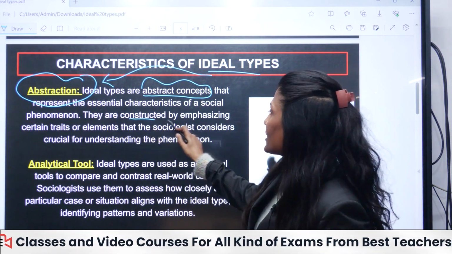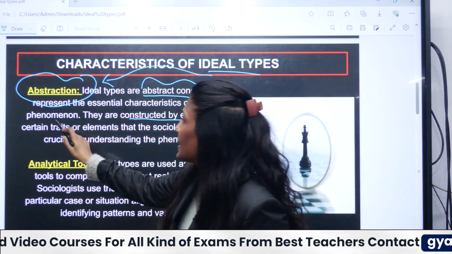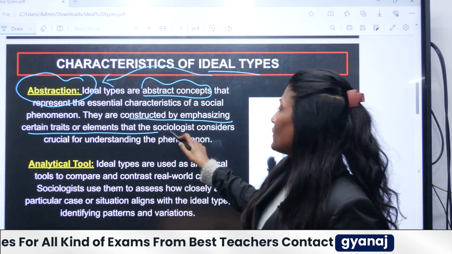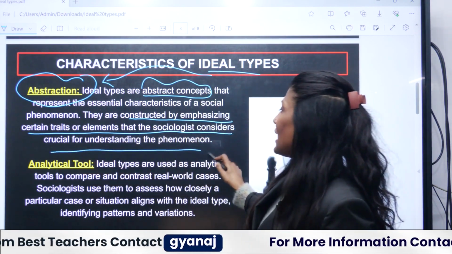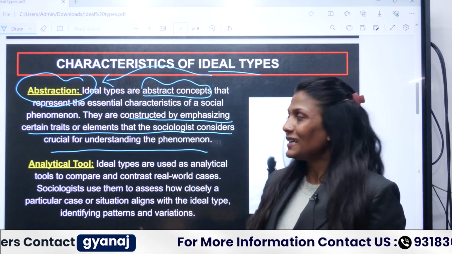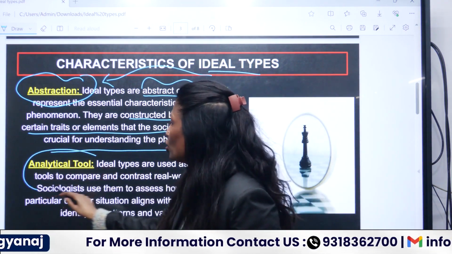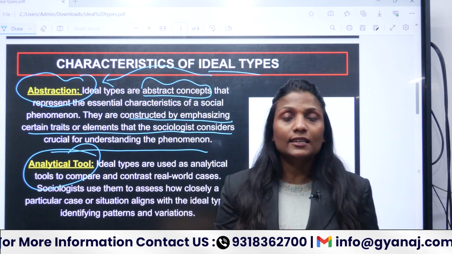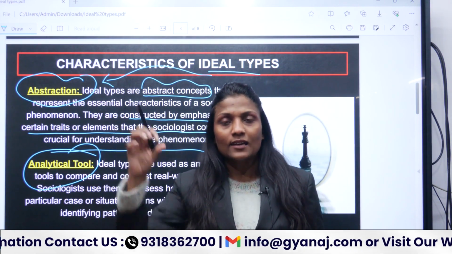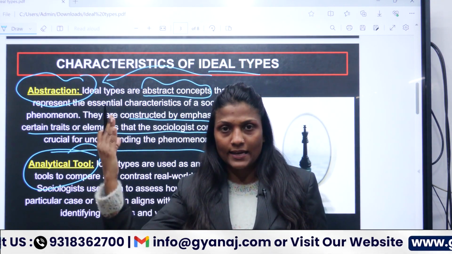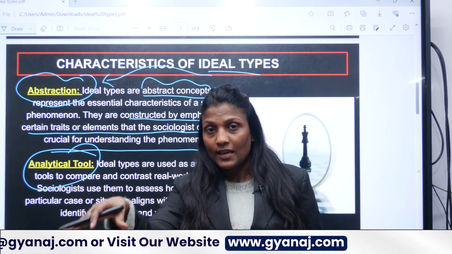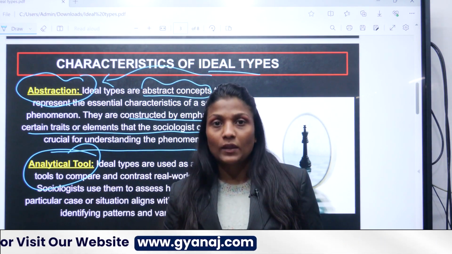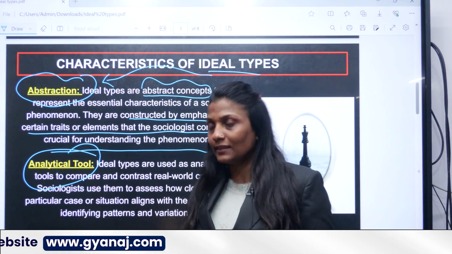It is constructed by emphasizing certain traits or elements that the sociologist considers crucial for understanding the phenomena. It is an analytical tool, so we create certain ideal types in our mind and then we compare and contrast with the existing reality. I'll further explain it with examples.